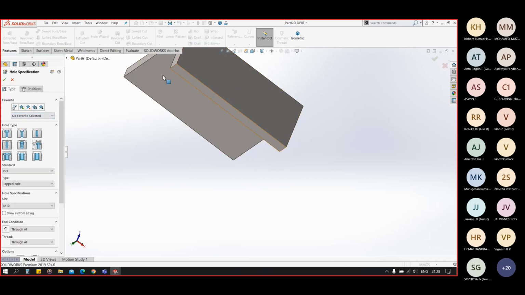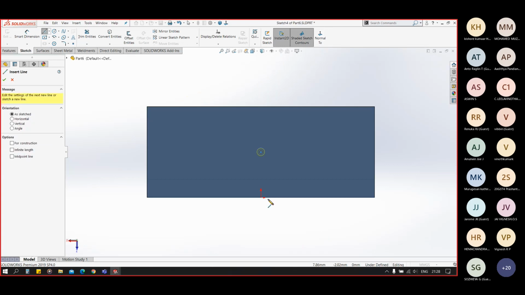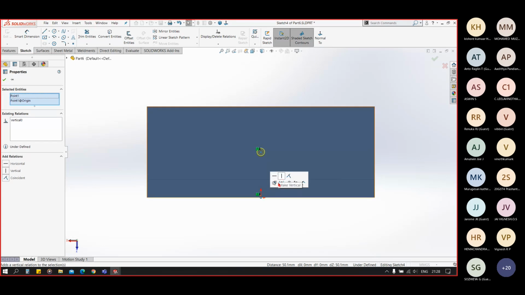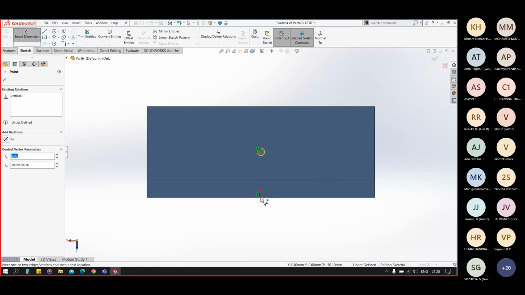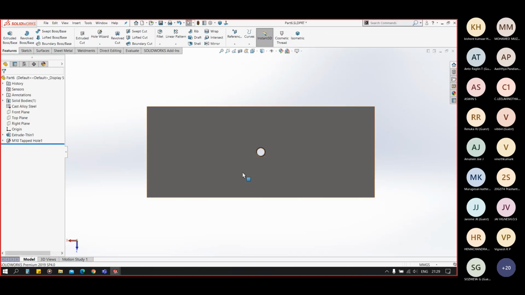So I am creating a tap hole at the center point. Okay, so this tap hole is at center.